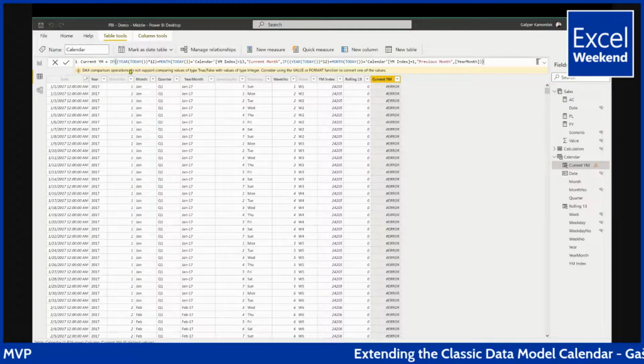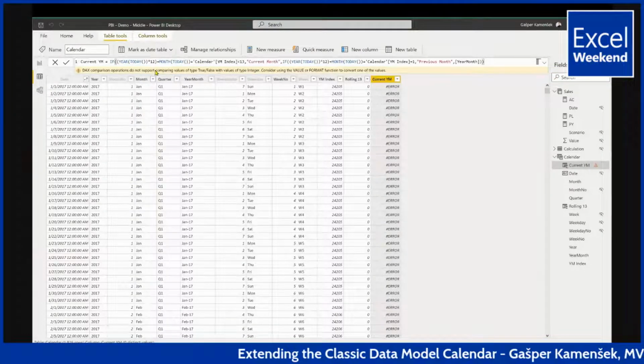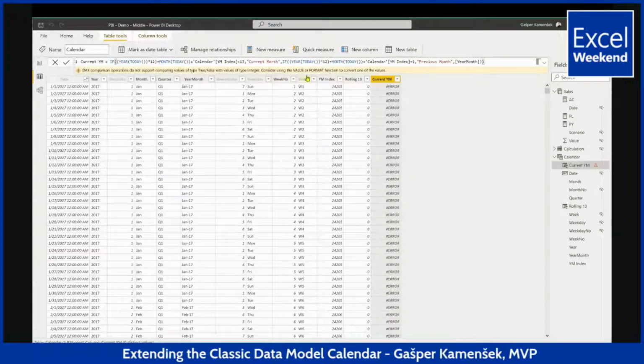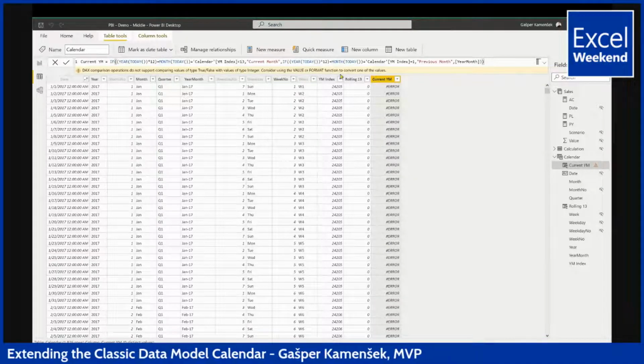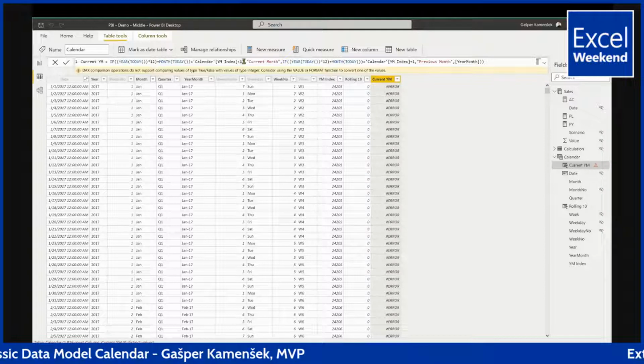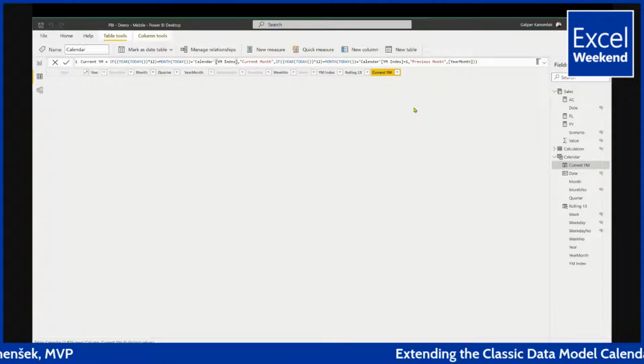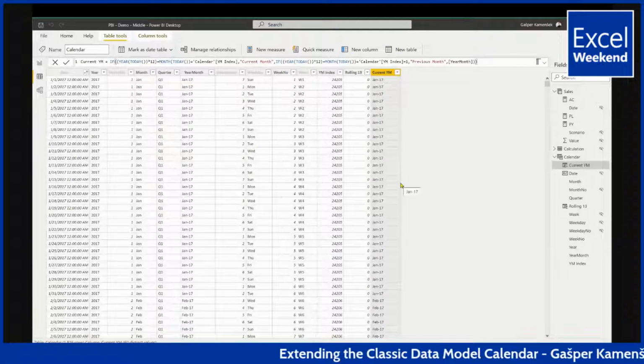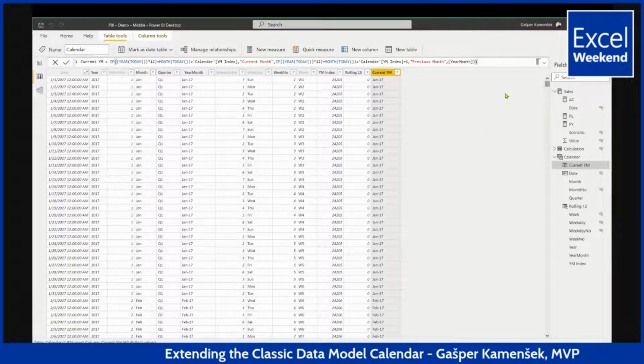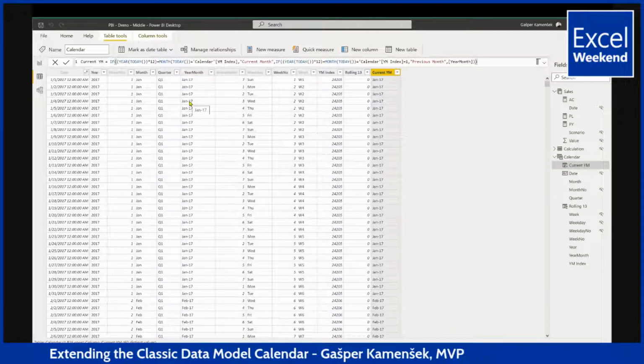Let me just look at where I've... So year of today, month of today, year of today, month of today. That's cool. That's cool. This one is the problem. So let me just remove this, and it should work. Okay. So what I got over here is I have my year-month combinations just as I have them here, but